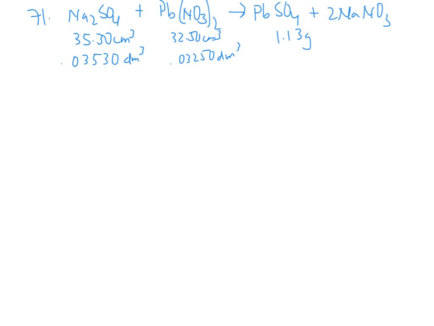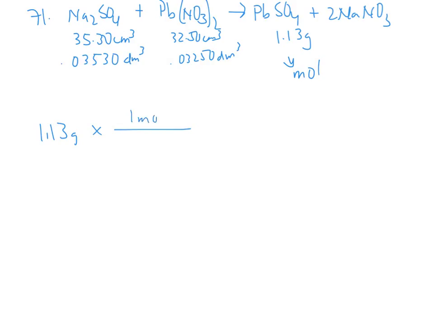So number 71, we've got this equation for sodium sulfate and lead nitrate. We know the volumes of each used, and we know how much lead sulfate was recovered. So the starting point is we really have to know how many moles of lead sulfate we have, because that will help us determine how many moles of each of the reactants we have. So 1.13 grams, if I take that times the molar mass,